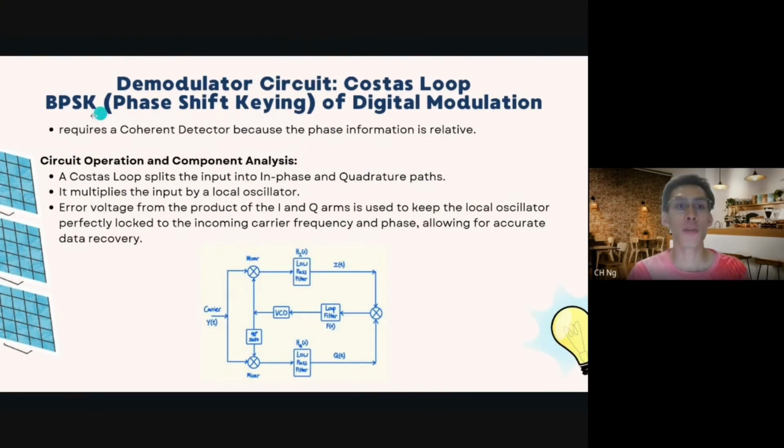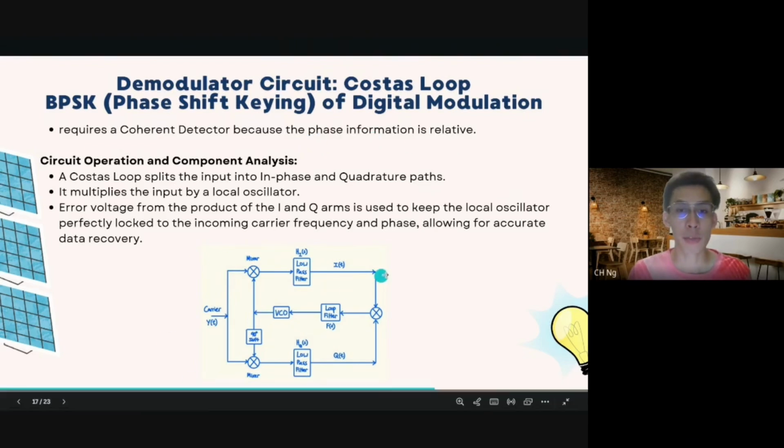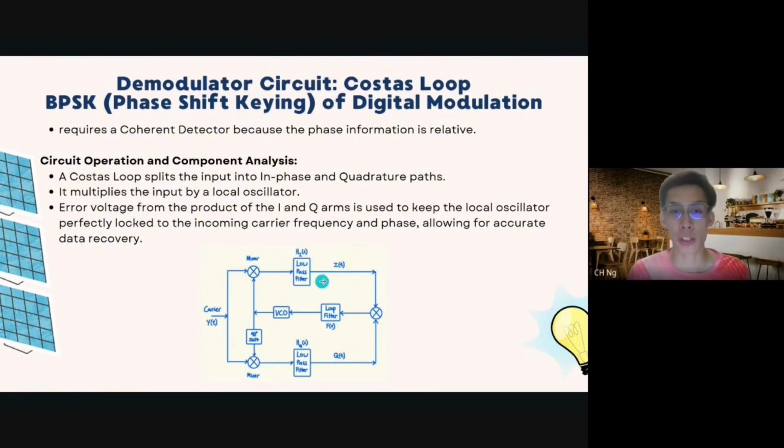The demodulator circuit of BPSK is the Costas loop. The Costas loop requires a coherent detector because the phase information is relative. As you can see from this circuit diagram, the Costas loop splits the input into in-phase and quadrature paths. It multiplies the input by a local oscillator, and then the error voltage from the product of the I and Q arms is used to keep the local oscillator perfectly locked to the incoming carrier frequency and phase, allowing for accurate